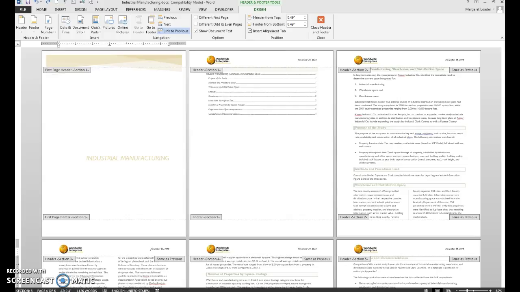Okay, so here we are on the second video for the industrial manufacturing project. Just moving right along, so the last thing we did was we inserted the date. Now I want to get rid of the information in the headers for the table of contents in the first